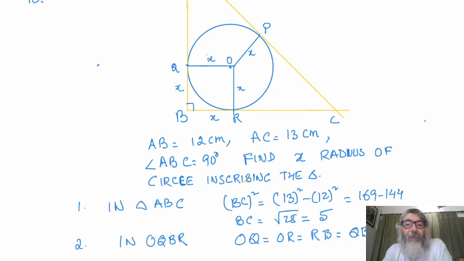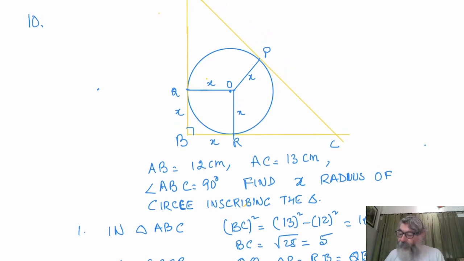All sides are equal, all angles are 90 degrees, and if two sides are equal here, OR is equal to OQ, then QB will be equal to BR also. It is a square. Now the question is that this